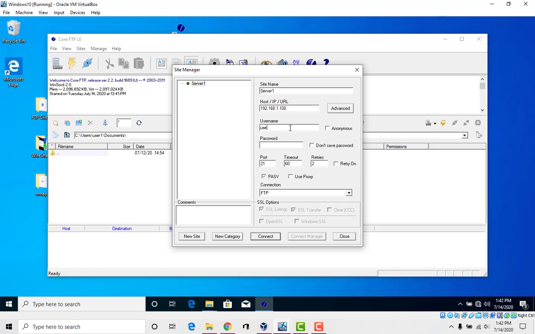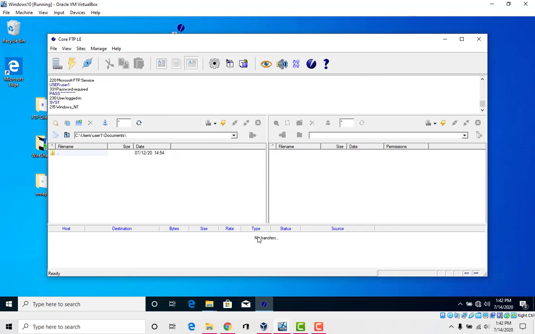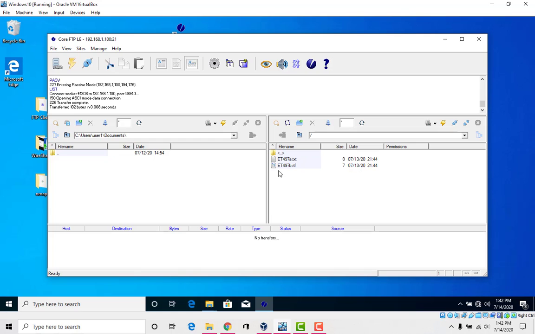Our user 1 has the right to FTP to it. We're going to use our password. And remember that it's port 21 that connects to it. So we should be able to hit connect. And now we're connected to our FTP server.